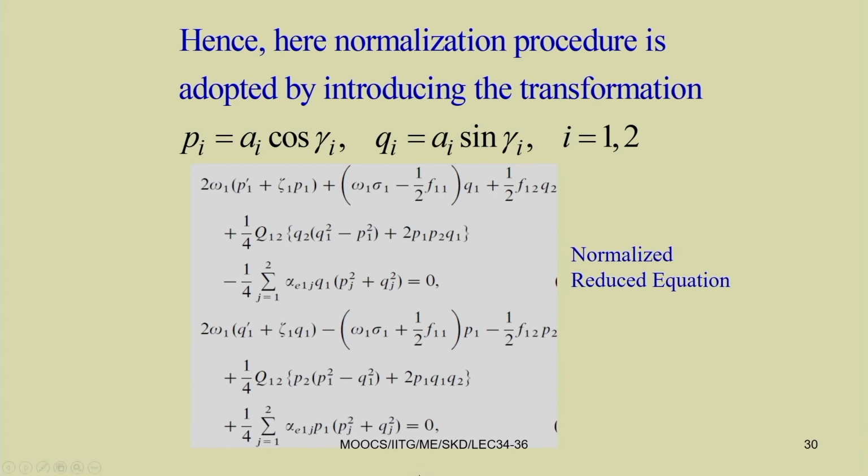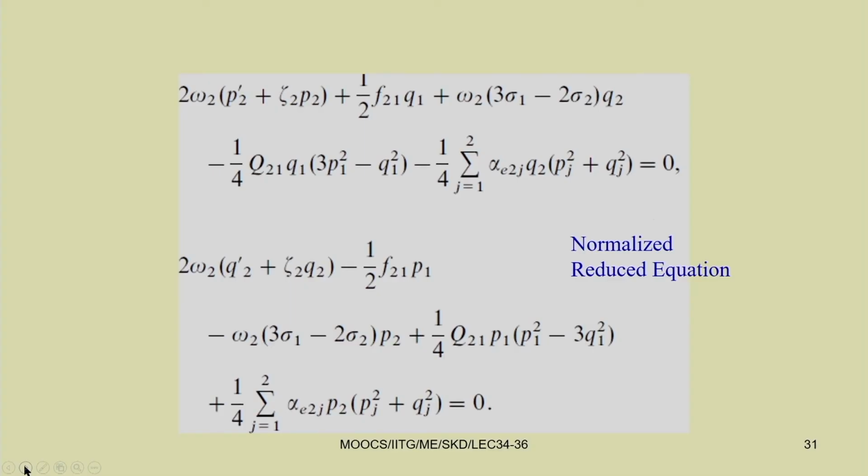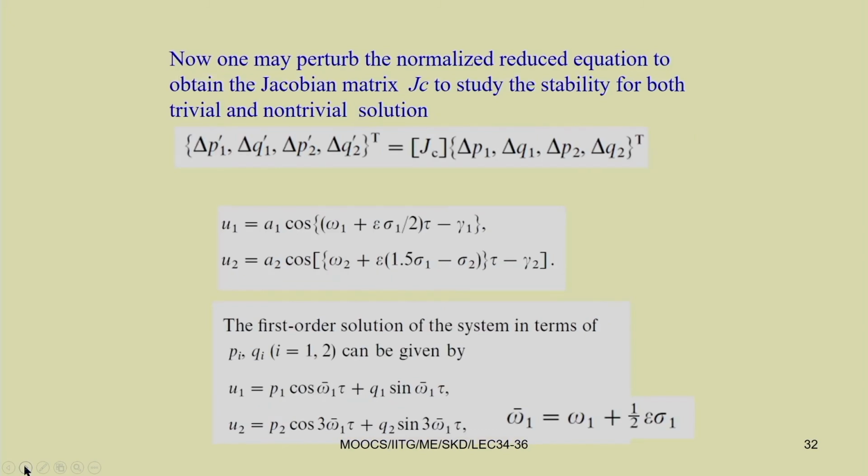That is why these equations can be independently perturbed around P1, Q1 and P2, Q2, and one can get the Jacobian matrix J, and by finding the eigenvalues of this Jacobian matrix,